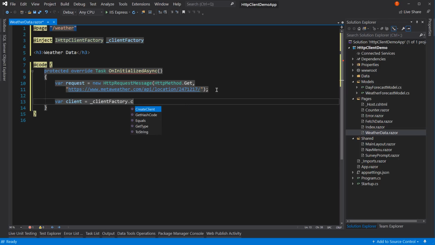equals client factory dot create client. And what this does is it uses the factory to create a client for us. And so it'll either pull an existing client out, or it will create a new client depending on some internal rules. There is a pool of clients that the client factory has that it will pull from. The reason this is important, instead of just creating a new HTTP client every time, is because you can actually have socket exhaustion from having too many open clients if you don't close them properly. Plus, it caused some overhead in your machine,